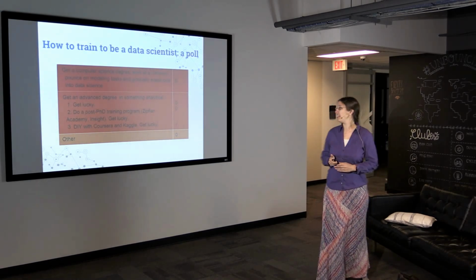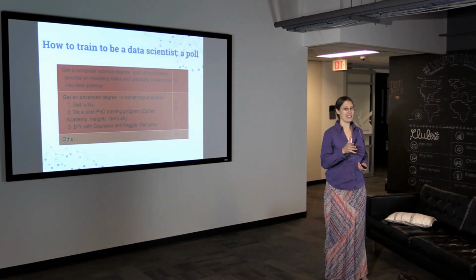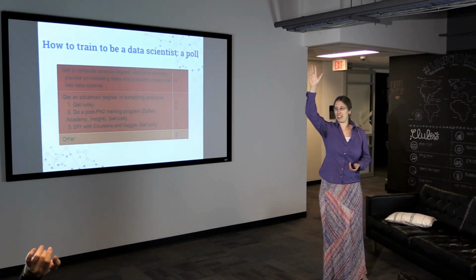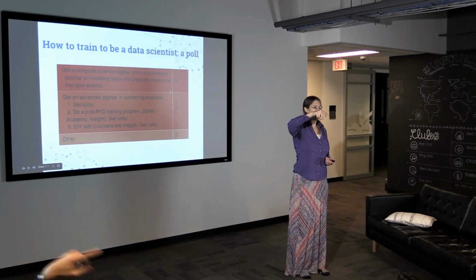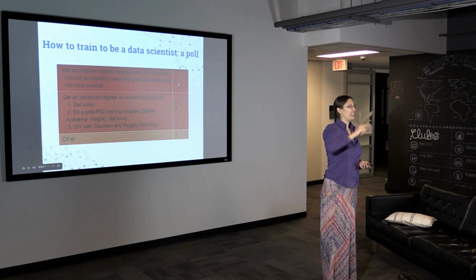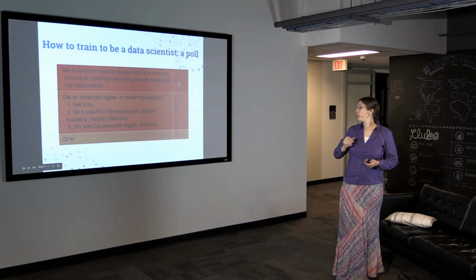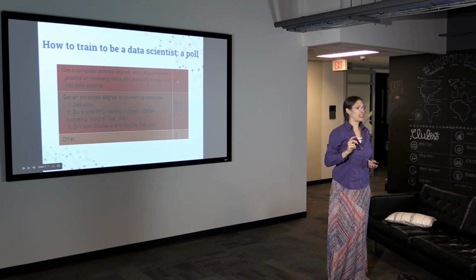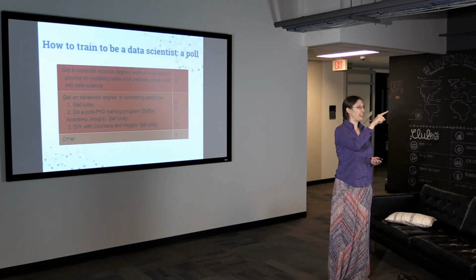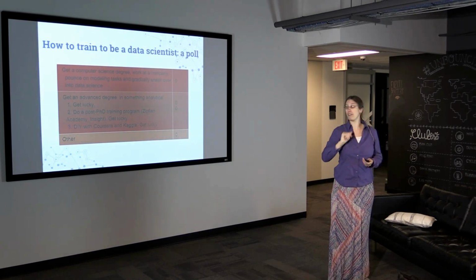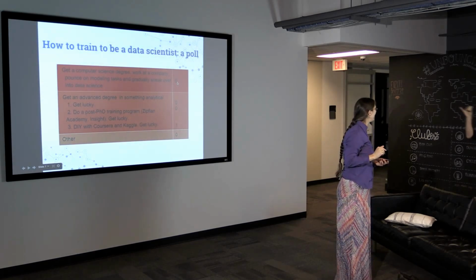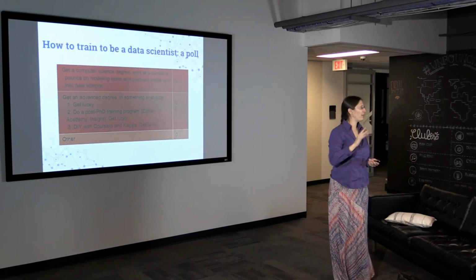I want to do a quick poll here, because I know there are people here who are working as data scientists. So if you are working as a data scientist-ish, maybe you put your hand up. So there's like 15, okay, so maybe 16. So of those, how many of you guys have computer science backgrounds? 1, 2, 3, 4, 5, 6, 7, 8. 8, so half have computer science backgrounds. Sorry? Should I fold this in? No emergency. I think the numbers are small enough I can memorize them.